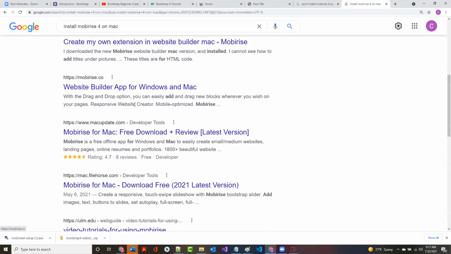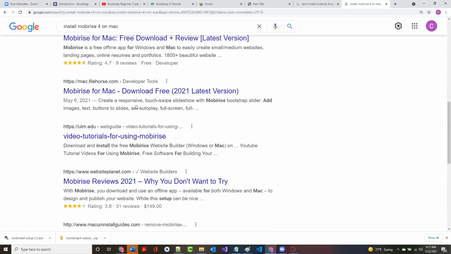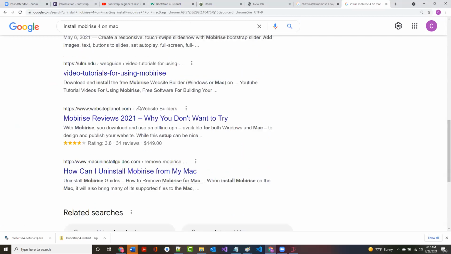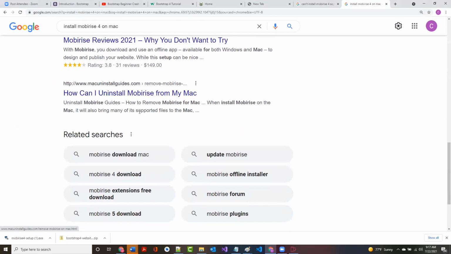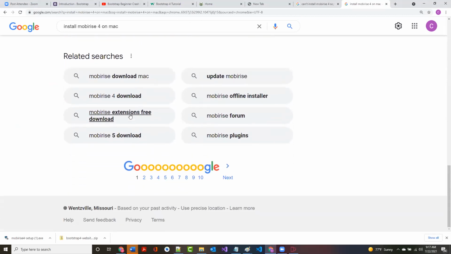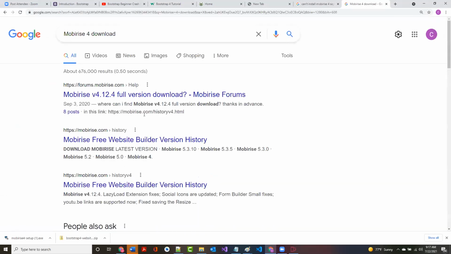You can install MobiRise 5, but your screens are going to look a lot different than mine, and I don't want you to be confused. That's why I'm trying to set it up so you're not confused. All right. Now let's see. I do, however, have MobiRise on my desktop. I'm not sure what version it is. Can I still use it? We can try. All right. Yeah, it says on the top screen MobiRise 5.3.10. If that means anything, that means you've got the new version.